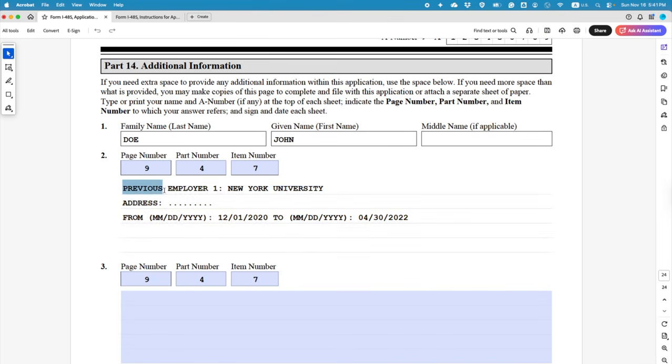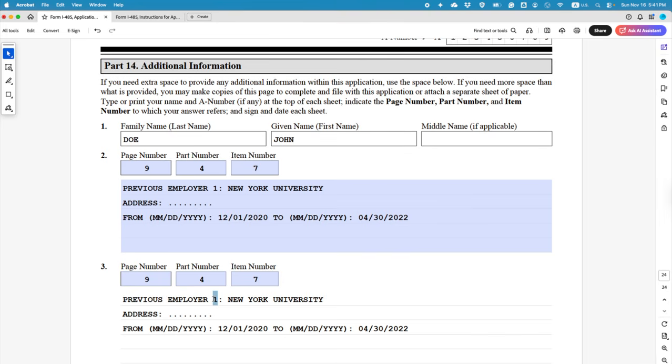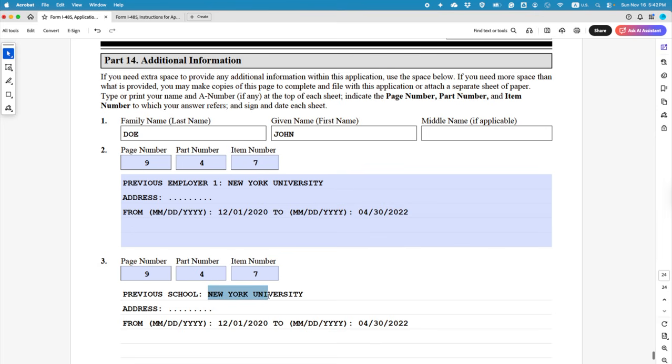947. So this would be previous employer 2. Oh, let me give you a twist. Say you are a PhD student there. So it's not an employer, it's a previous school. Now you came from Canada, and say you were a PhD student in Vancouver, at Simon Fraser University. So your previous school was Simon Fraser University,